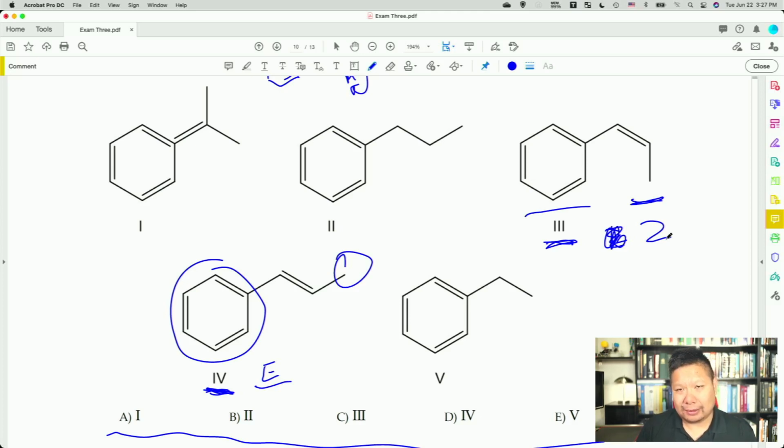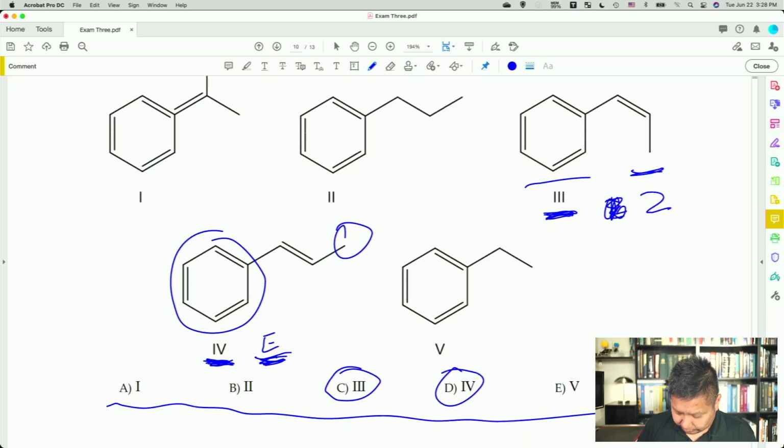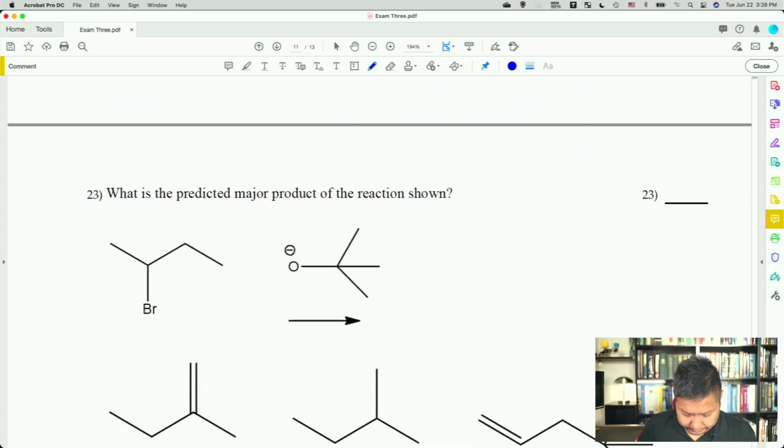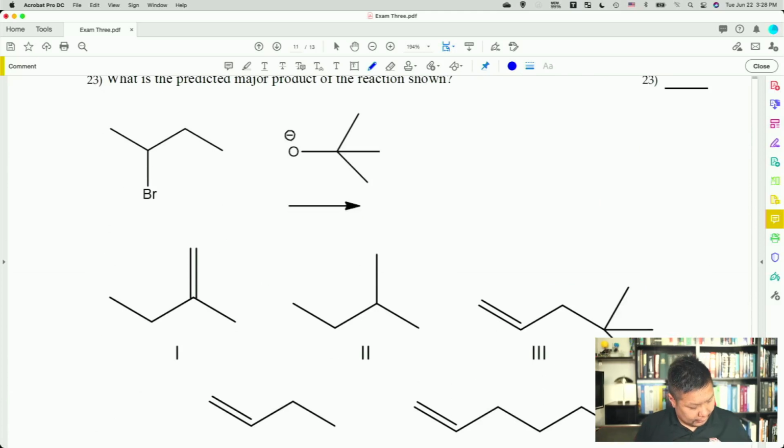So, I mean, to me, it's not that big of a difference, so I don't want to make a stupid distinction between that. So I would have accepted an answer of 3 and 4, or even accepted that answer there. And that's why it can be C or D. And so this is one of the questions also that I gave back your points for, a part of the 16 points. Okay, next question here is